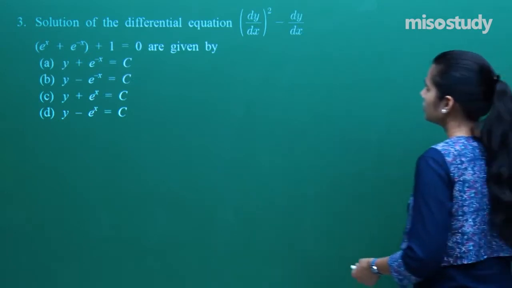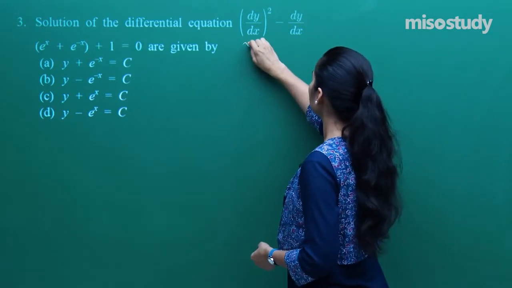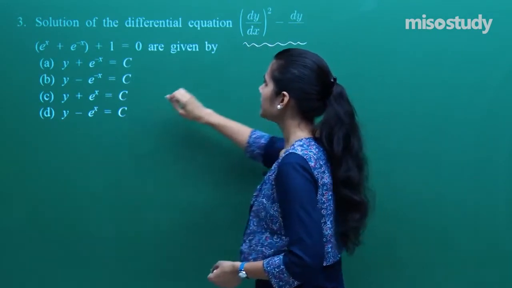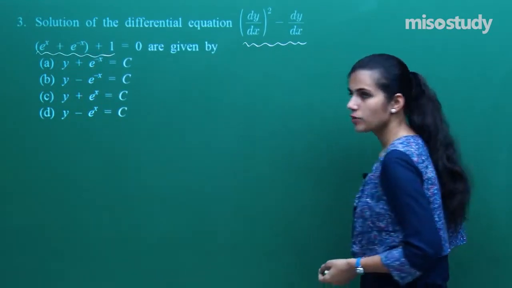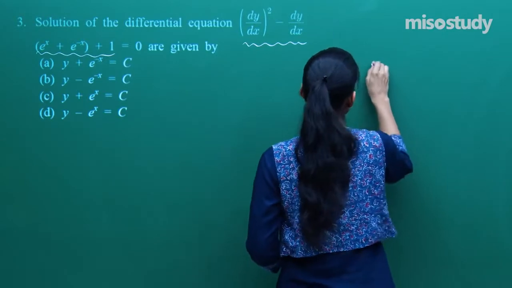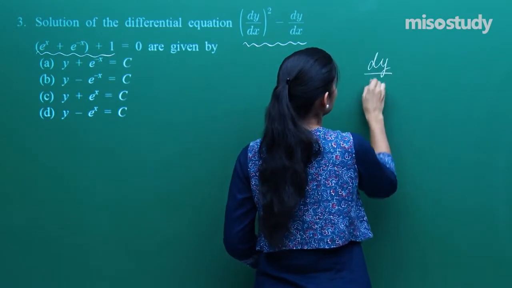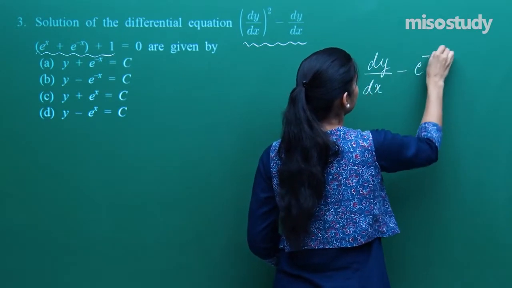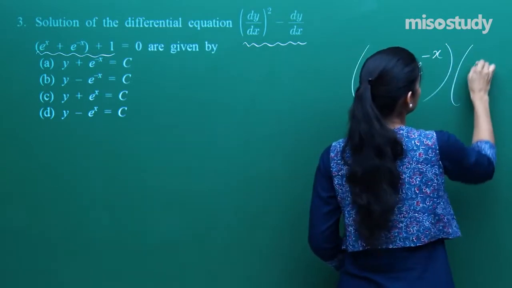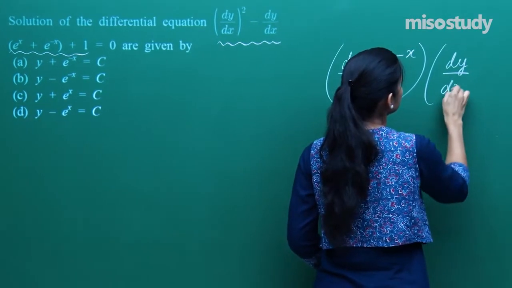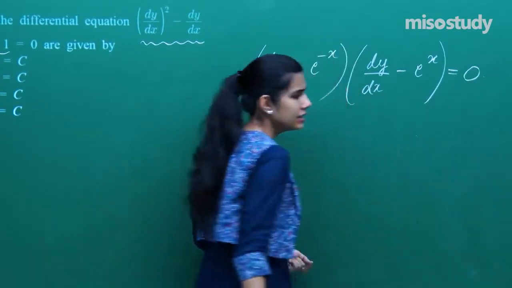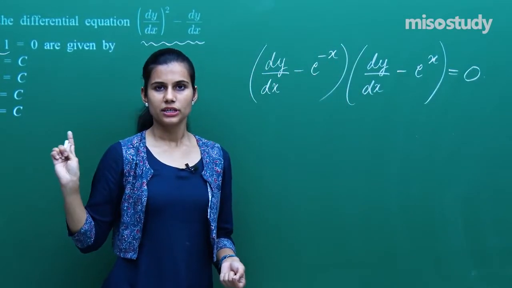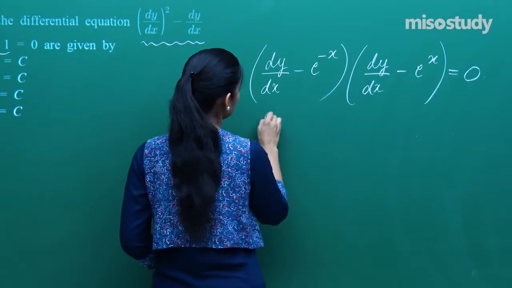Now in here, very easily it's given (dy/dx)^2 minus dy/dx multiplied by (e^x + e^(-x)) plus 1 equals 0. Very easily you can write this as (dy/dx minus e^(-x)) multiplied by (dy/dx minus e^x) equals 0. The same differential equation is going to turn out, and therefore for this to be equal to 0, this is 0